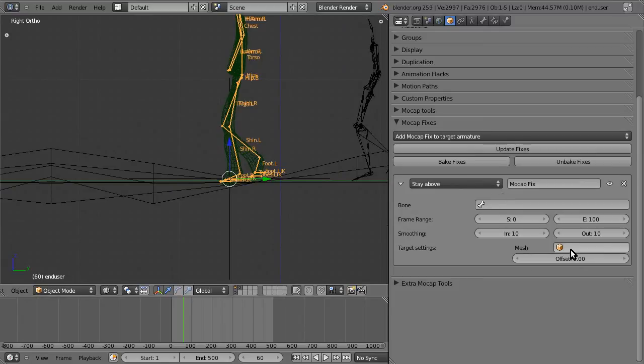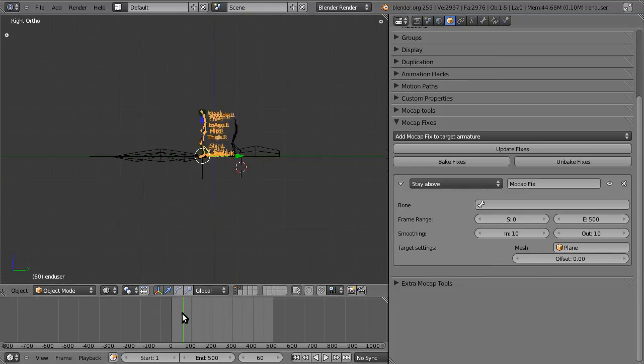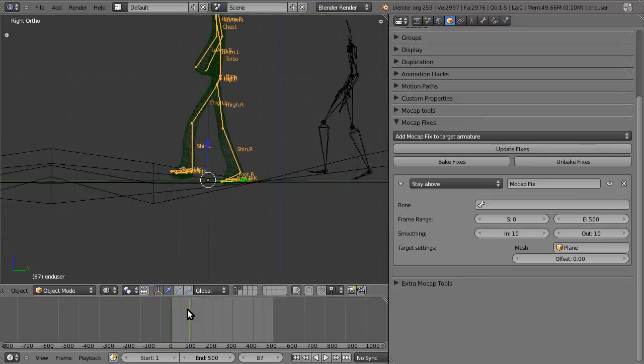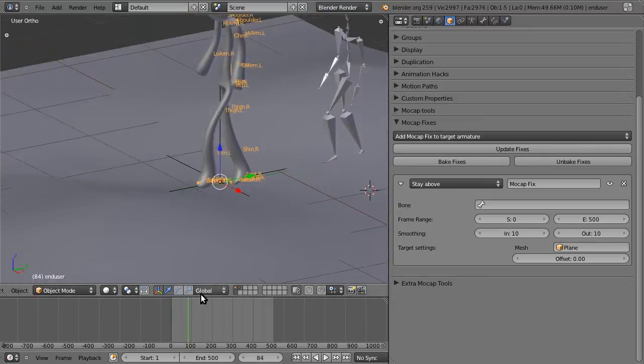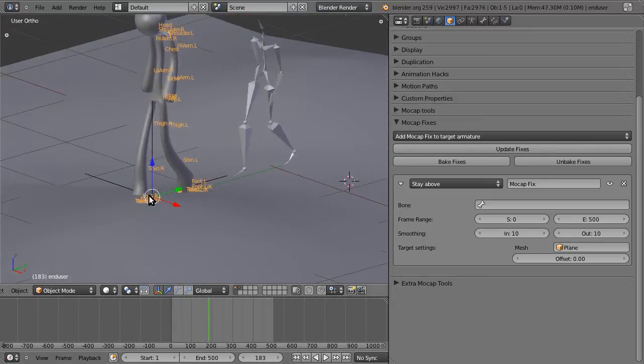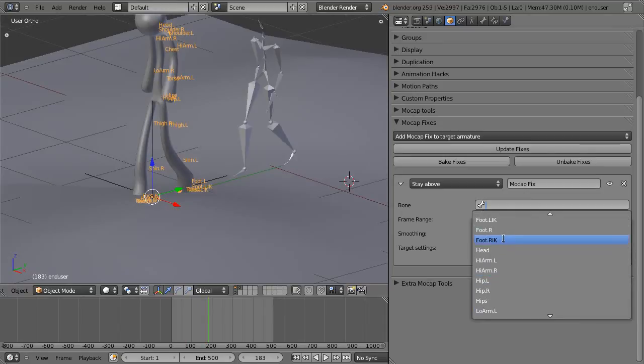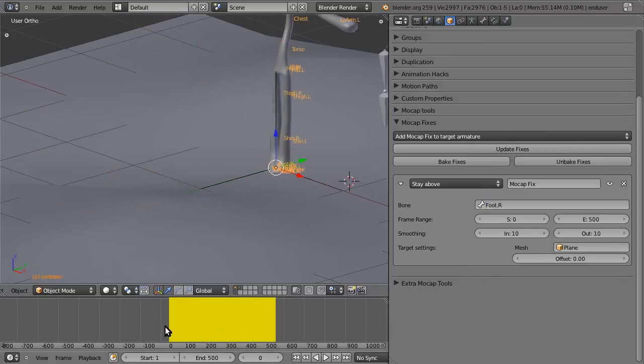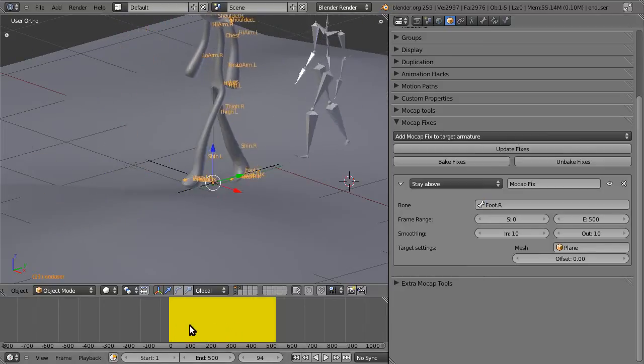So stay above. So we'll define a mesh, which is just plane, and we'll define a range, which is the entire range of the animation, basically. And we want to define a bone. So let's kind of start with foot.all. Now this fix takes a bit of time to calculate because